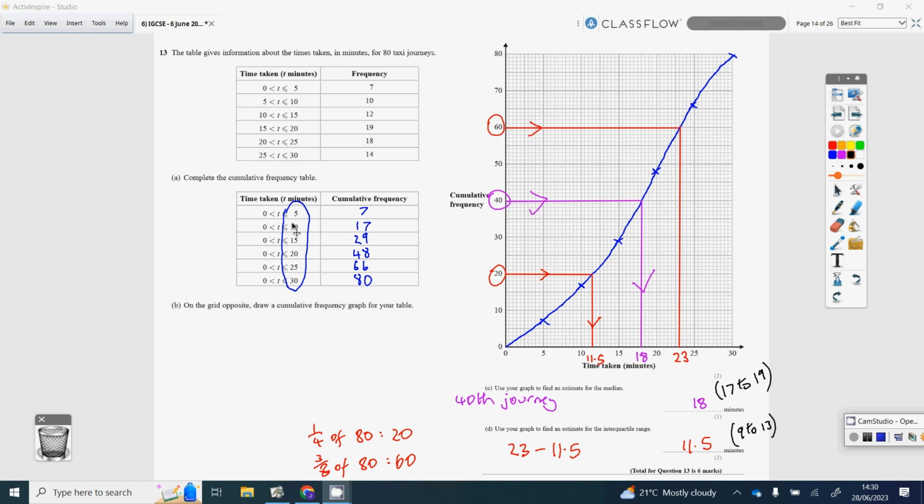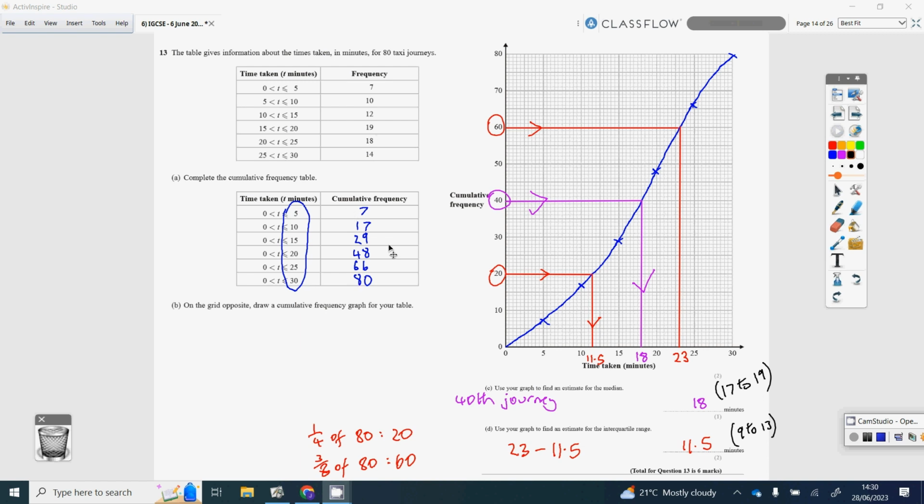Now 0 to 10 is those that are 0 to 5 or 5 to 10. So it's adding up the two top values, which is 7 and 10, which is 17. Now 0 to 15 is 0 to 5 or 5 to 10 or 10 to 15. So we add up the top 3. Okay, so as we fill in the table, we just keep on adding the next number. So 7, then 7 add 10 is 17, add the 12 to get 29, add the 19 to get 48,